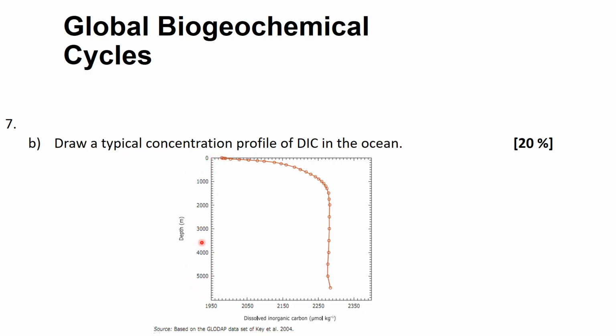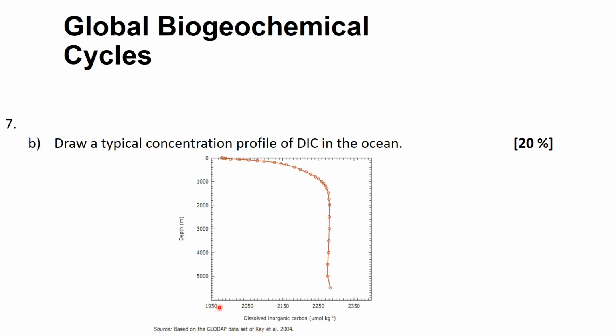From zero at the surface down to some kind of sensible depth for the ocean. The numbers on the dissolved inorganic carbon axis here, I'm not that worried that you know the exact numbers. But what really is important is that the value at the surface doesn't go to zero at all. Okay, so we've actually got compared to the amount of variance or the difference between zero and the surface concentration,